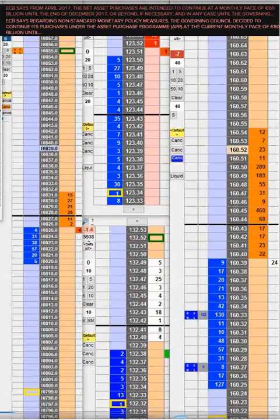It's not just trying to get in on that very first move. That gives you the biggest opportunity, of course, but it also gives you the hardest opportunity in terms of speed. You've got to have it very well visualized exactly what you're going to do in that situation. If you've got that, then of course it does make that easier, and you can see how quick we managed